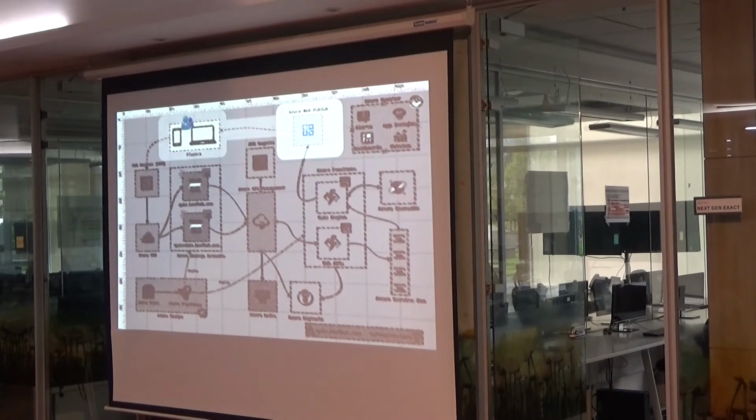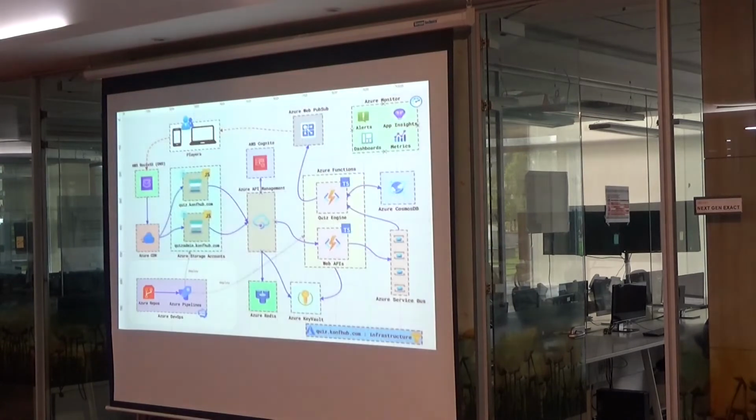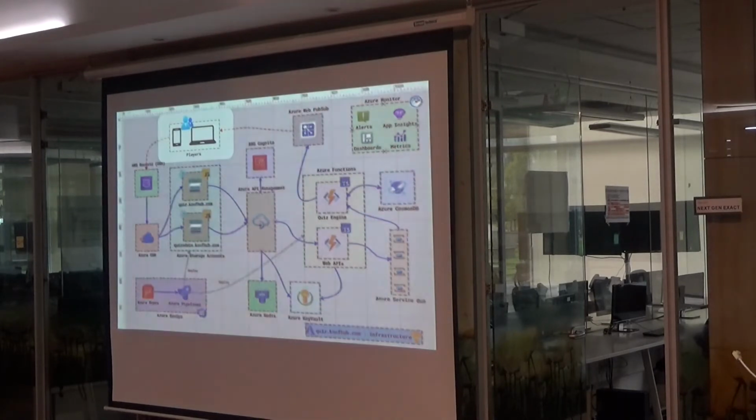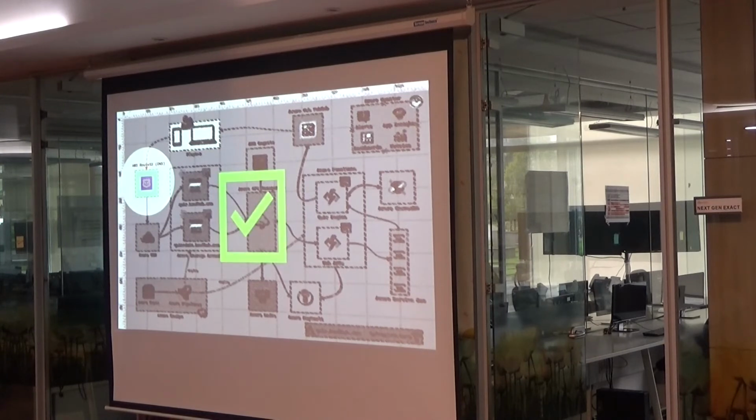Okay, so that's the high level architecture. Now let's dive into the scalability challenges, and this is where I spend most of my time. Players log in through their browser on mobile or desktop or laptop. There's nothing special here, any browser will do. Route 53, did we have any scaling challenges? No. It handles scale immensely well.